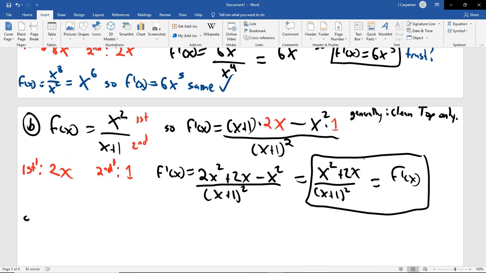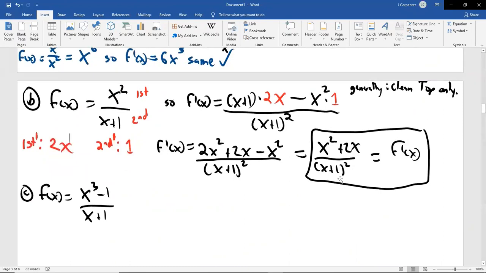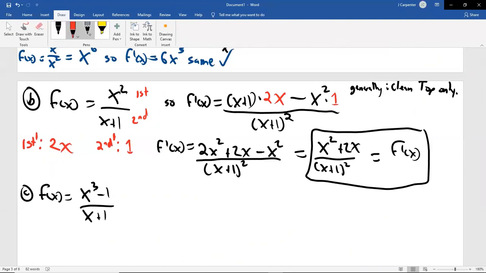So let's do another one. f of x equals x cubed minus 1 over x plus 1. So once again, it's a good idea to label first and second or top and bottom. I'll do top and bottom this time just to mix things up. So I'll call the x cubed minus 1 the top, the x plus 1 the bottom. So then the derivative of the top,